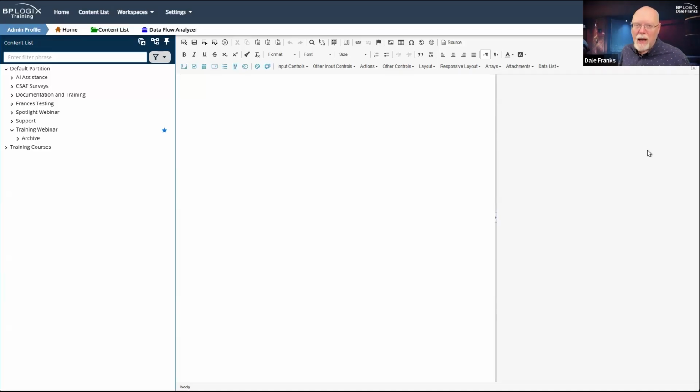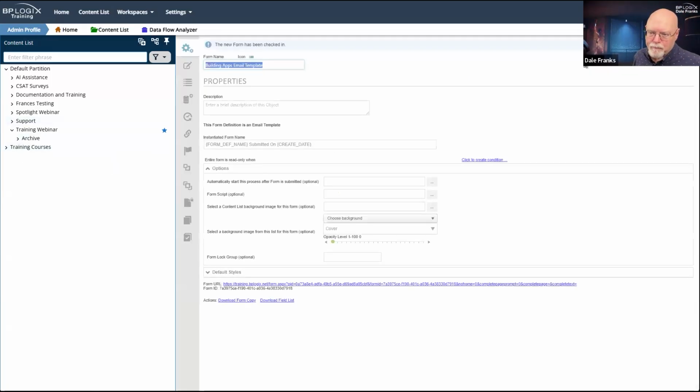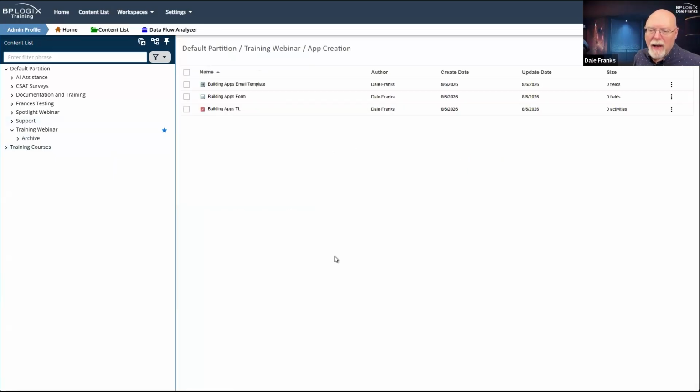That means we can't include any data input fields. We can output fields to it. So we can use things like system variables to throw form field values and stuff onto it. But remember, we're only sending text here. But we do now have the 3 main objects that we need for our application. So we're just going to go ahead and get out of our email template. And now we are going to go ahead and link them together.